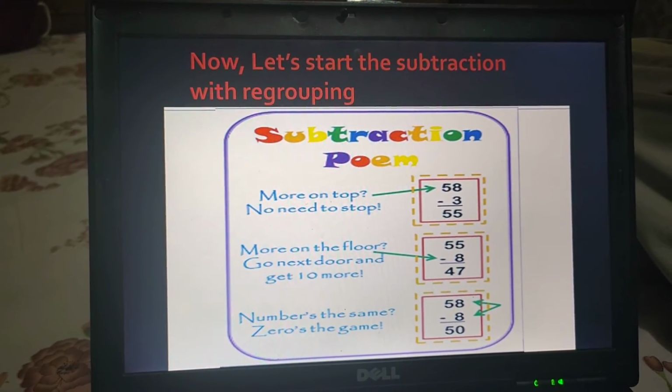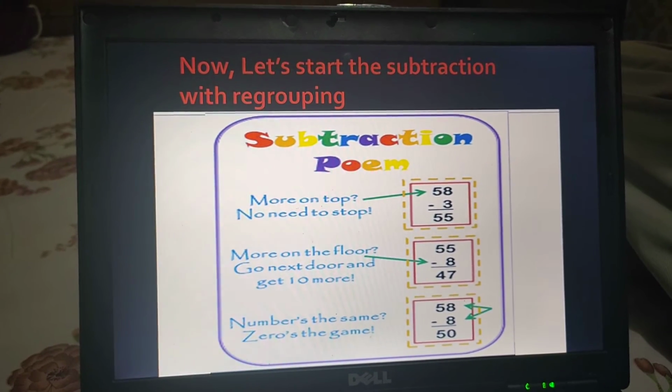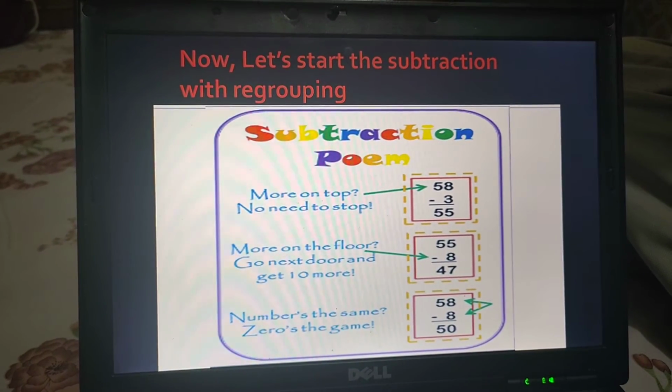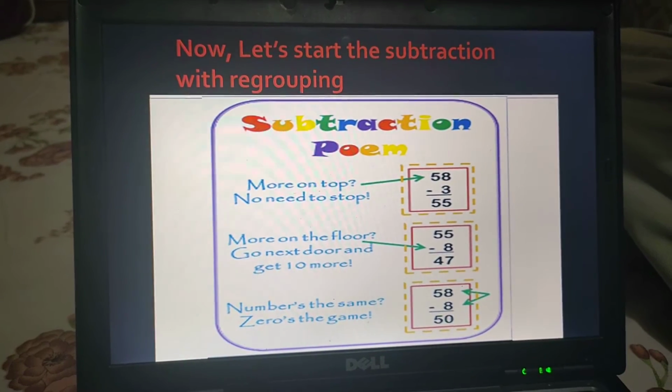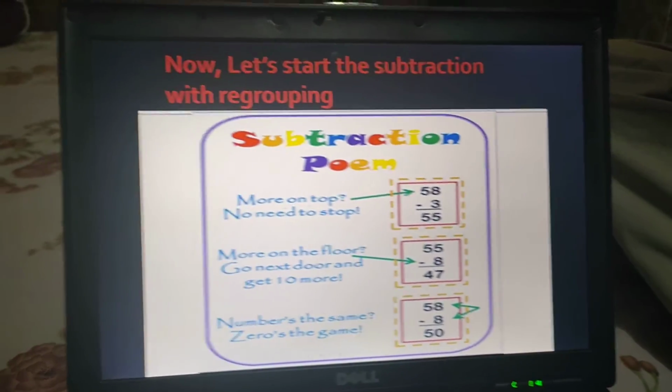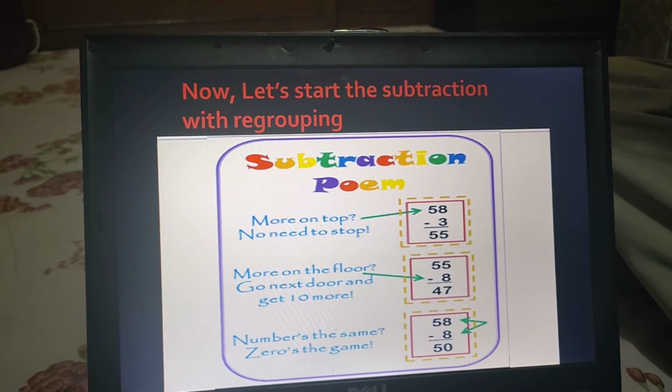More on the top, no need to stop. More on the floor, go next door and get 10 more. Numbers are same, 0 is the game. So that means